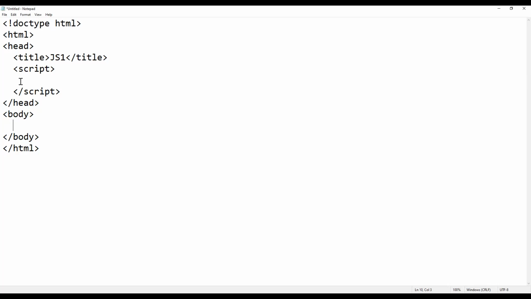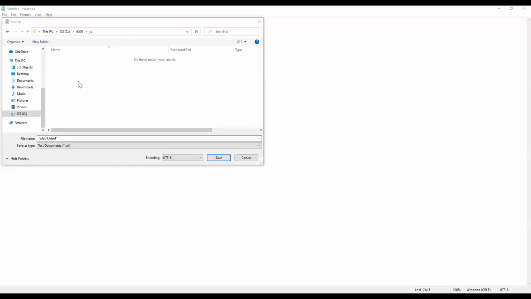Let's see, JavaScript. So that's all what we have. So let me save this. I'm going to save it. It's actually disconnected, so let me put it to notepad. I'm actually trying to save the file. So I saved it,